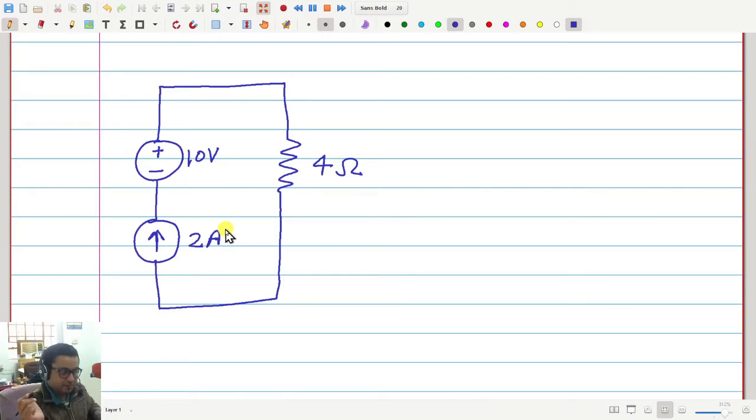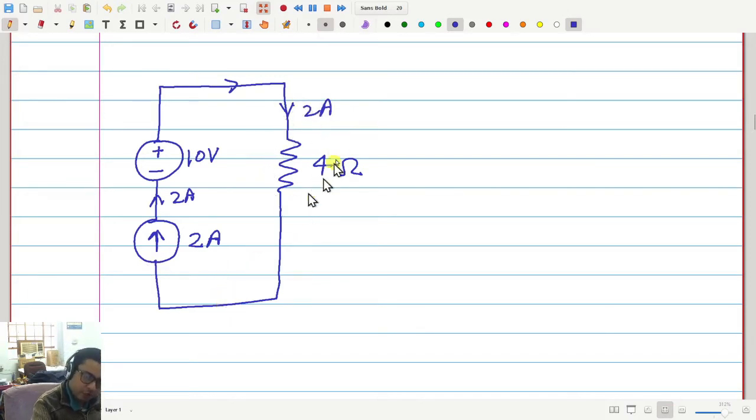Okay, sir. Here it should be 2 amperes only. You are absolutely right, because this will make the current 2 ampere, and the same current must flow because there is only one path, there is no bypass. So here the current will be 2 ampere. Current will be 2 ampere everywhere. Okay, so that is obvious.